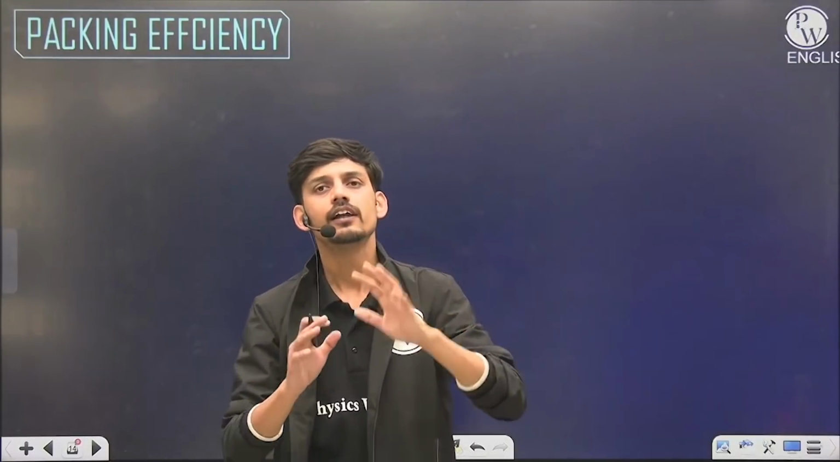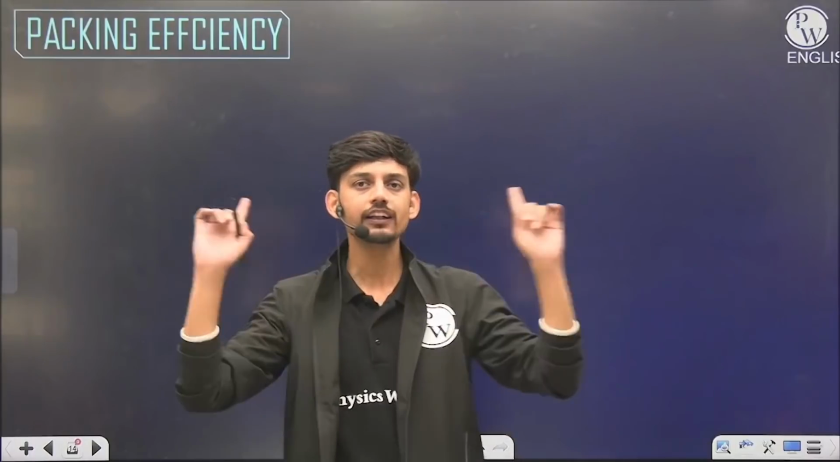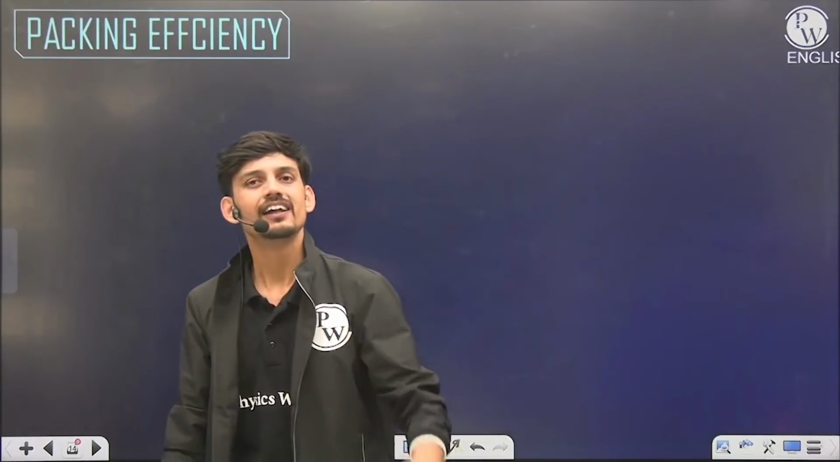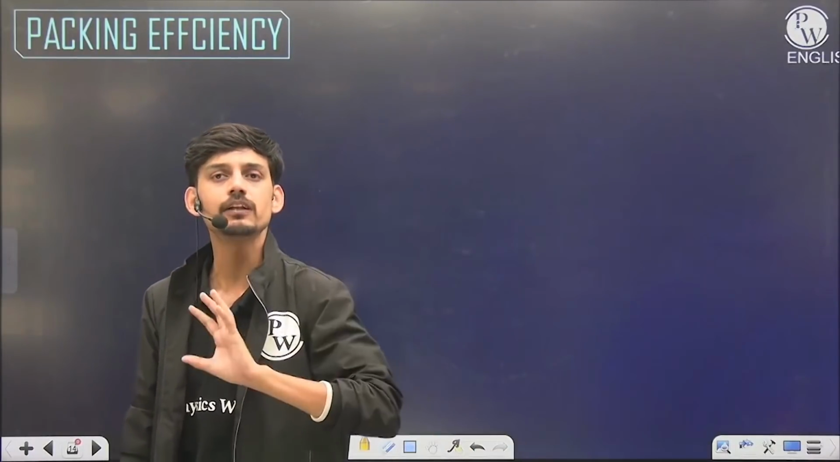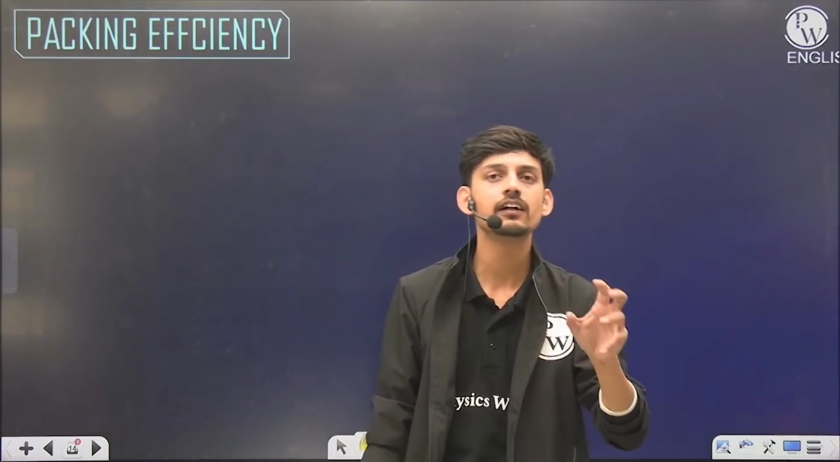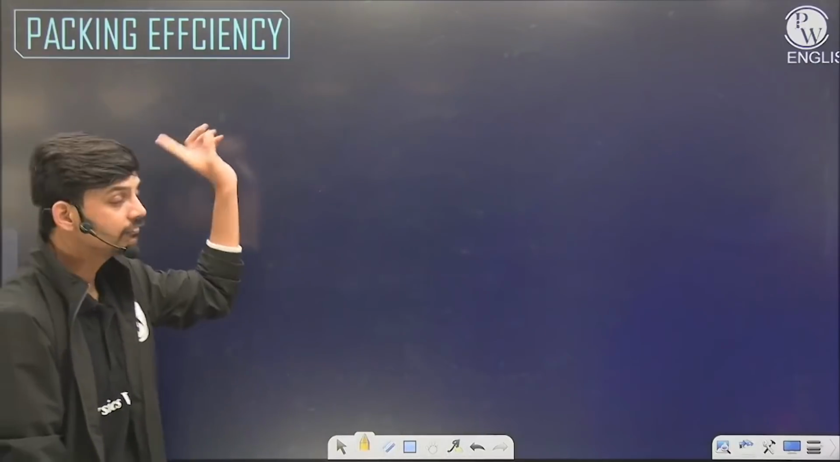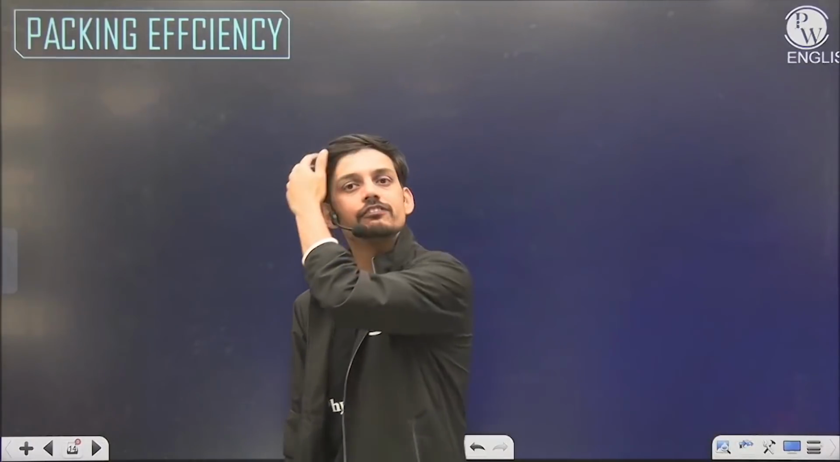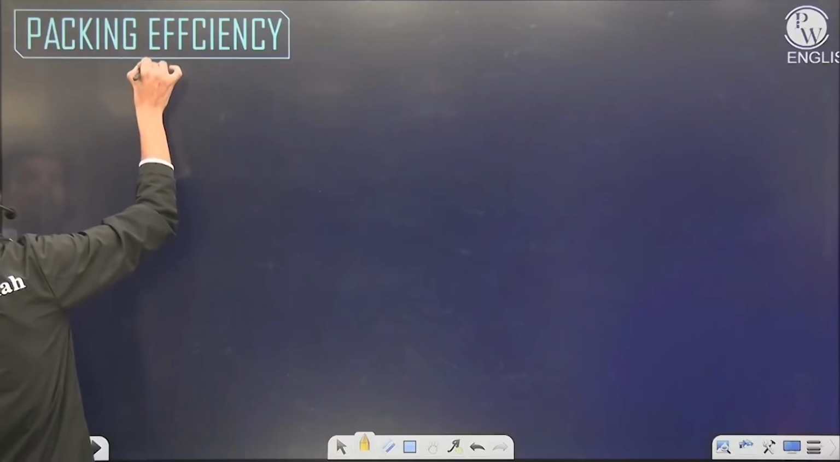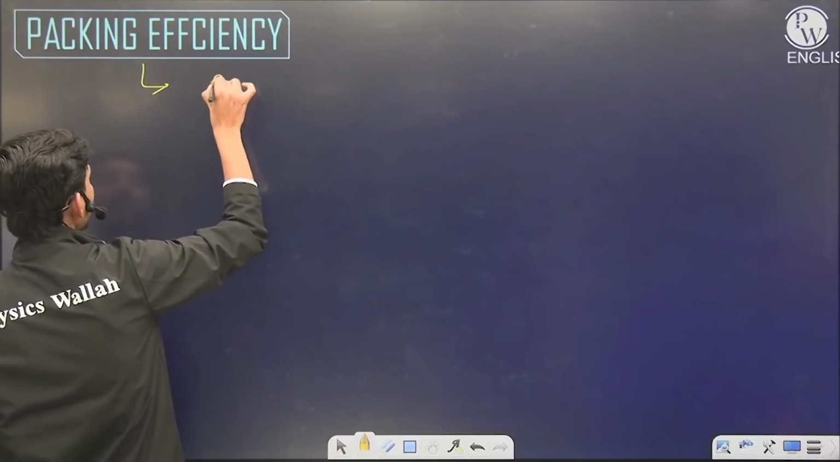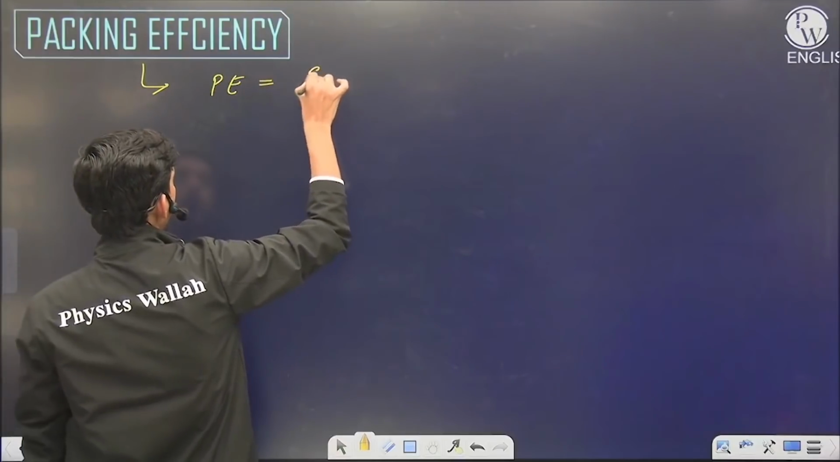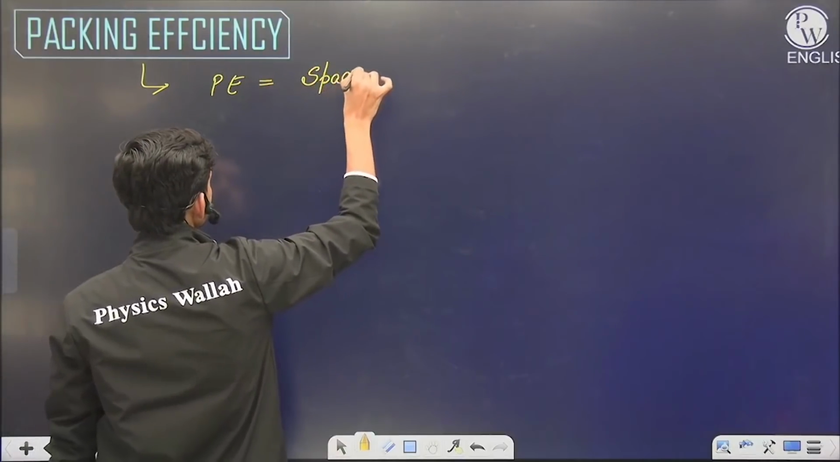If I say you that you have so many balloons and you have to fill this complete room with balloons, there will be some space left in between the balloons. It is not possible to completely fill the room with 100% occupancy. And that is happening in the solid as well. So that's why we calculate the packing efficiency: how much space we are occupying among the given space. As I have told just now, packing efficiency is basically how much space is occupied